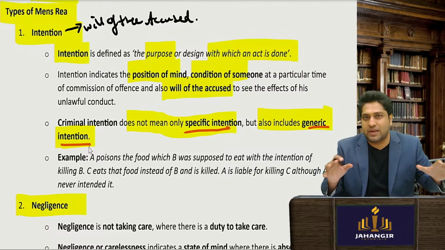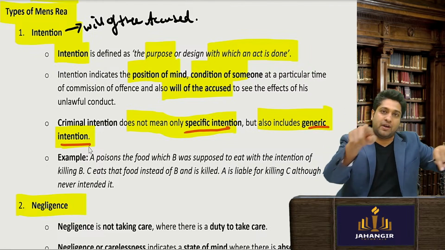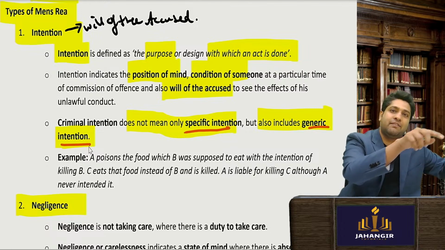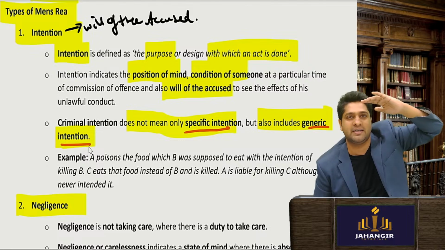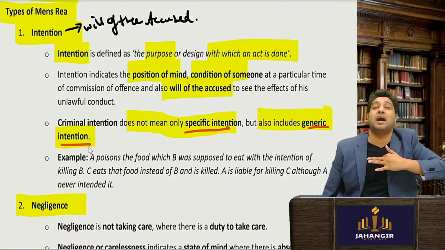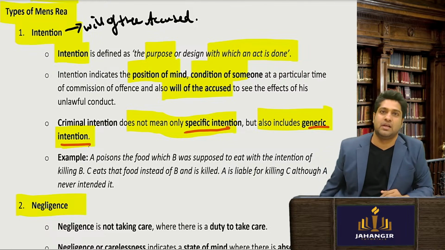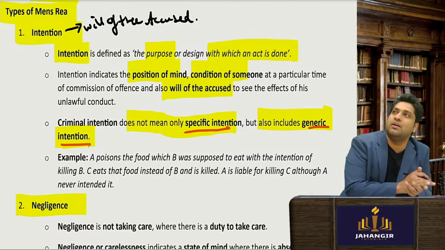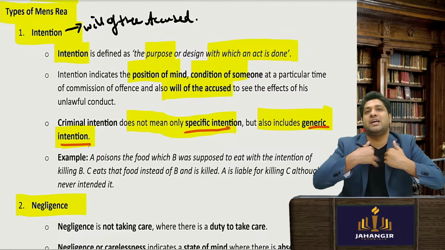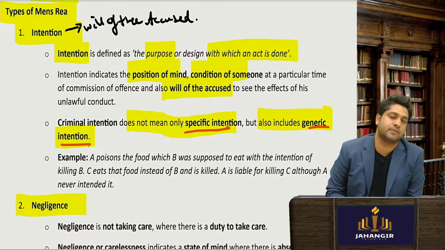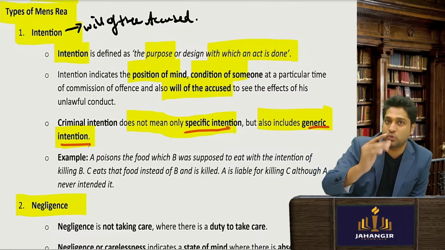The wife was very athletic, so she ducked down and the sword kept spinning and went outside the window. Someone down there, they all were looking at the fight, and the sword hit a roadside viewer and he died. A roadside person was standing looking at the fight, he died. Is intention there of the husband of killing that person? He wanted to kill the wife, but they say no, you will still be held liable.